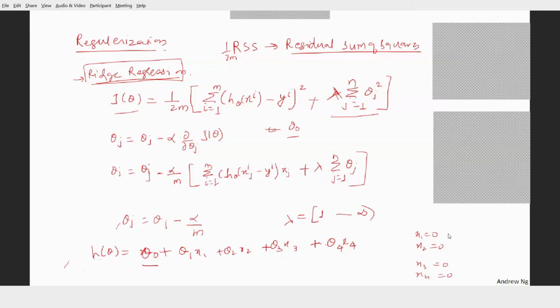I'm asking: when all my input attributes or input variables are 0, that is x1 is equal to 0, x2 is equal to 0, x3 is equal to 0 and x4 is equal to 0, what is the value of my estimate? That is, what is my h theta? You can write in the chat window if your voice is not clear. Do you get my question, all of you?